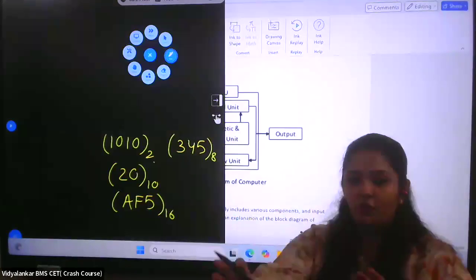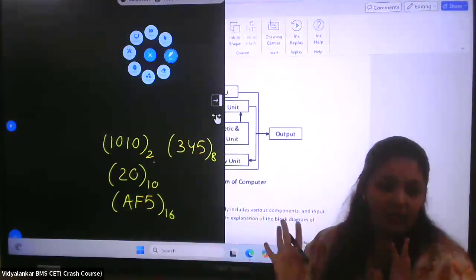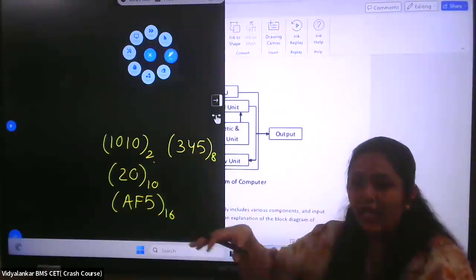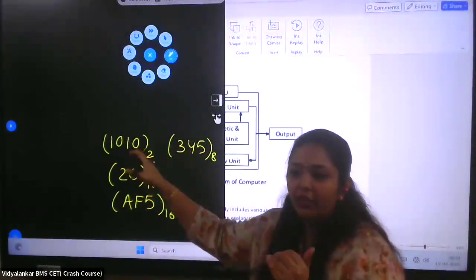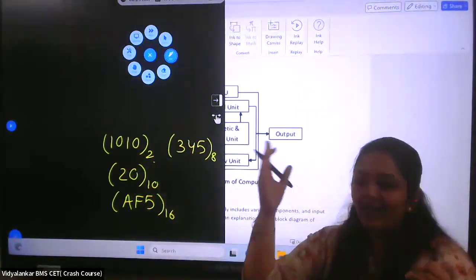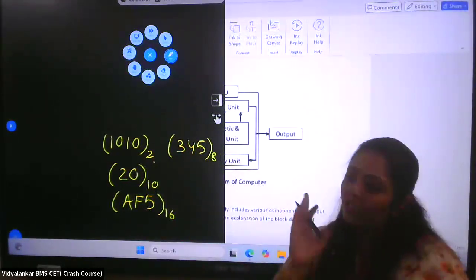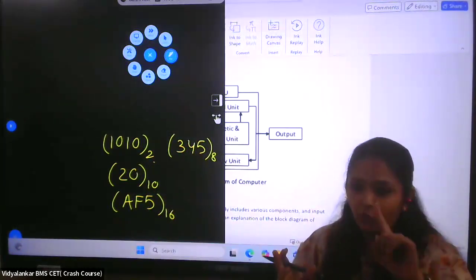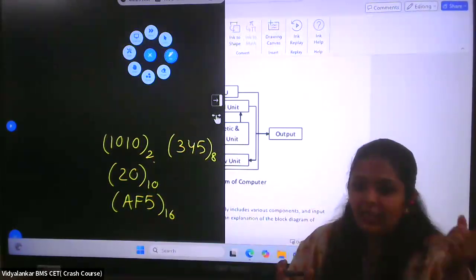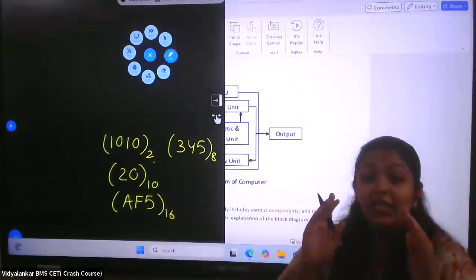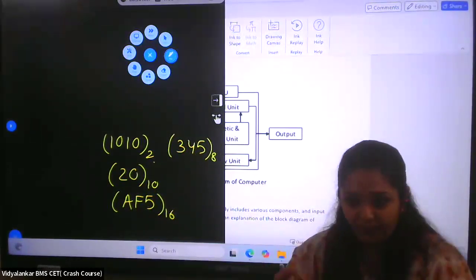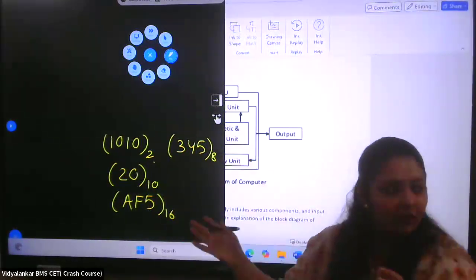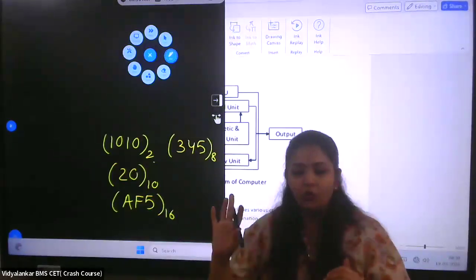So now you know the number system. You can say that these are the languages my computer understands. And in case the user gives any one of them, they are all by default converted into binary. If you come to science standard 11, the very first thing they study is the conversion of number systems, from binary to decimal, decimal to binary, binary to hexadecimal, hexadecimal to binary, and even hexadecimal to decimal. So there are a lot of conversions inside. Not to worry, any type of input you give, the system is going to convert it into binary.